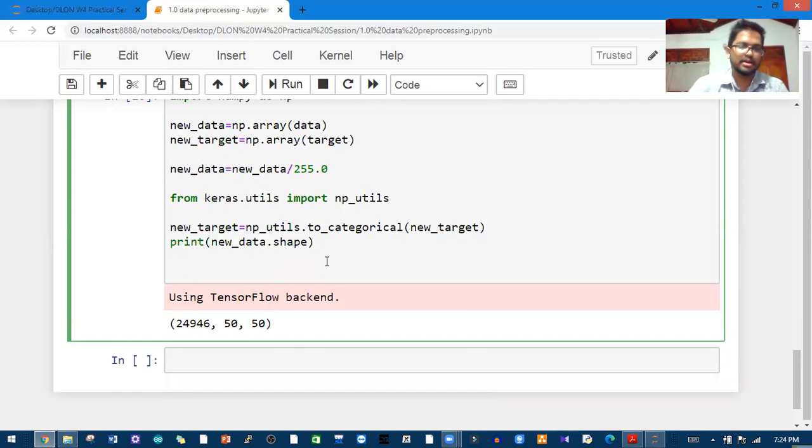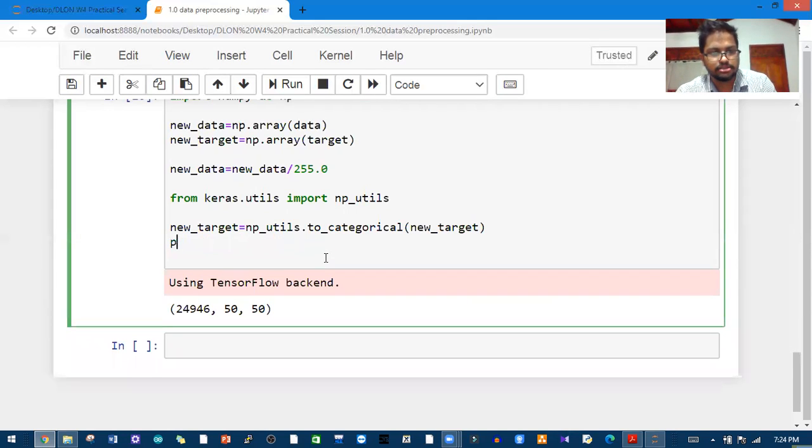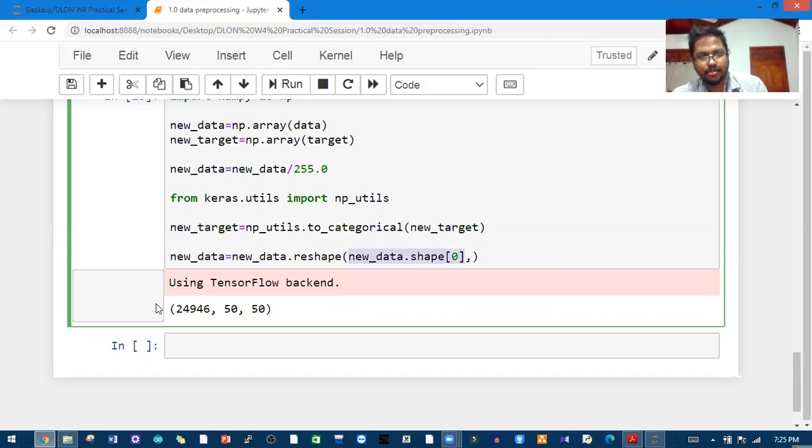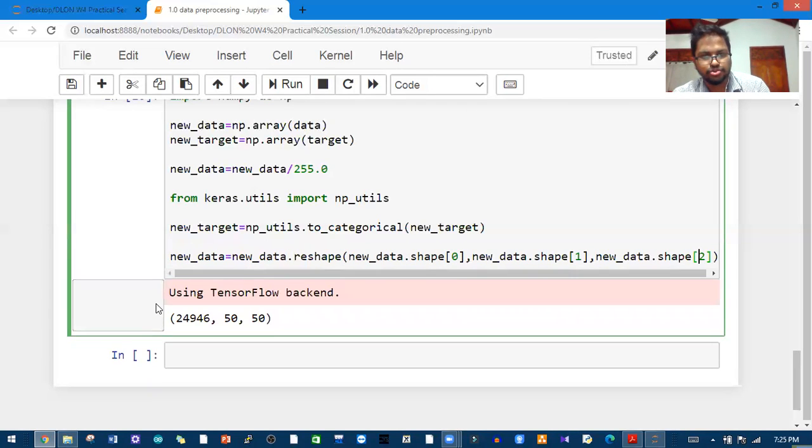New data. I will do it here. Right. New data equals new data dot reshape, new data dot shape, shape 0, to